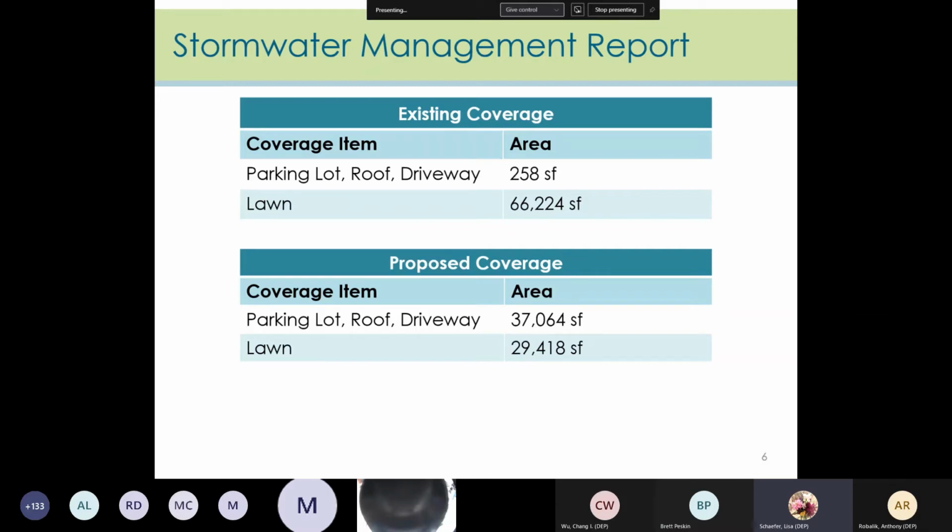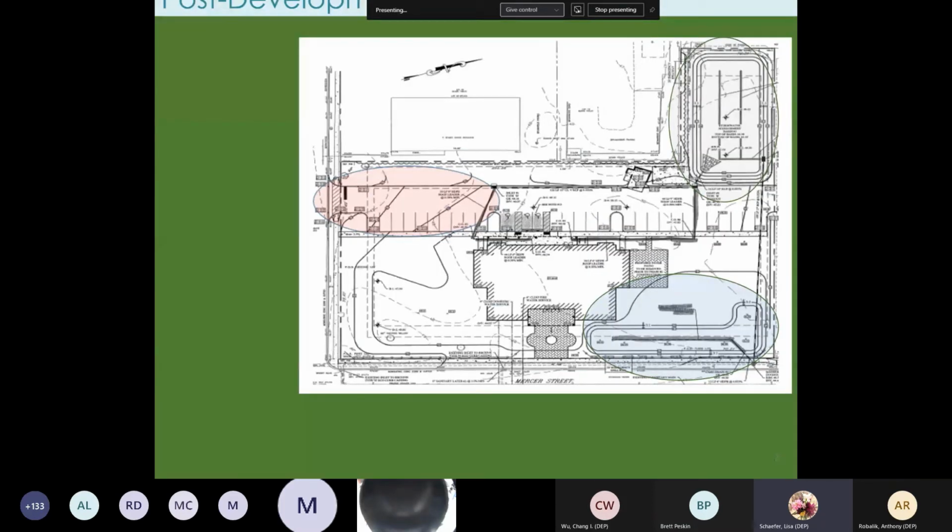But what we have to realize is that our proposed coverage contains about 37,000 square feet of impervious cover and 29,000 square feet of lawn area. Of course, under the rule amendments, motor vehicle surfaces would have to be separated from the roof areas so that we could accurately depict the site in terms of the rule requirements. Now, our development consists of the construction of a 3-story apartment building that covers about 1.4 acres with parking areas